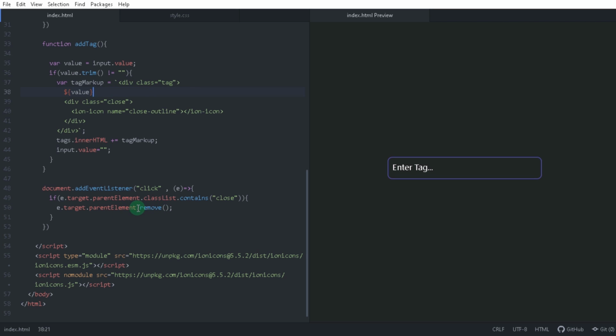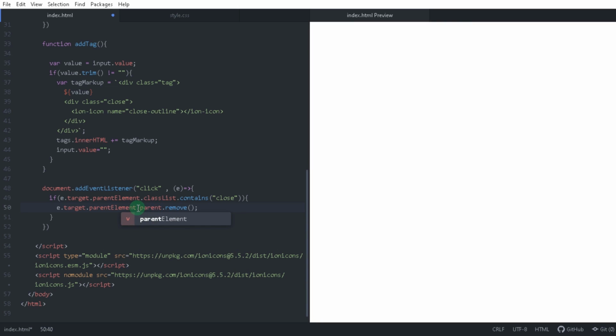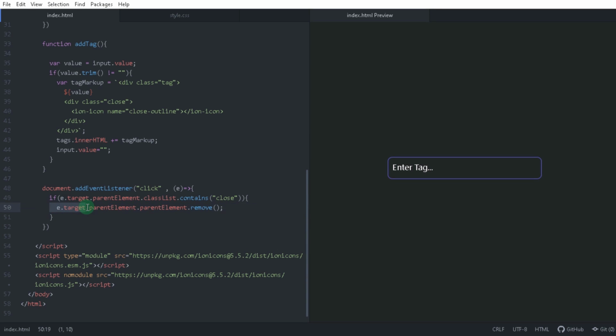So we will write another parent element, dot parent element, which means the element we clicked, its parent element is the div having the class, and its parent element has the class tag right here. We want to remove this element from the document, so e.target.remove. When we click it, it will just remove it from here, and as soon as we click and remove it from here, I'll need to write here